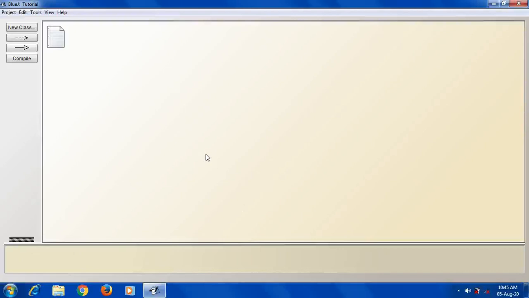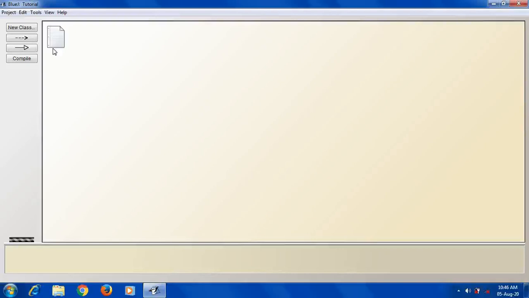Next point, creating the BlueJ project. Now how to create a BlueJ project in your system? To write programs in the BlueJ IDE, you need to create a project. I have already created one before, but I am going to show you, because when you open BlueJ for the first time, this icon will be hidden, like a blurred icon, understood? So for that you have to create the project, because all Java programs are created as part of a BlueJ project.